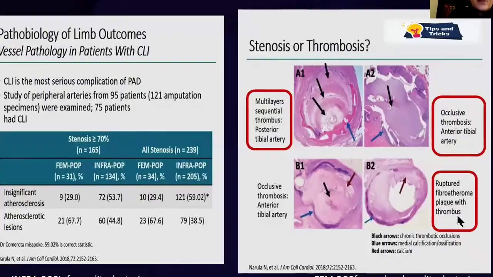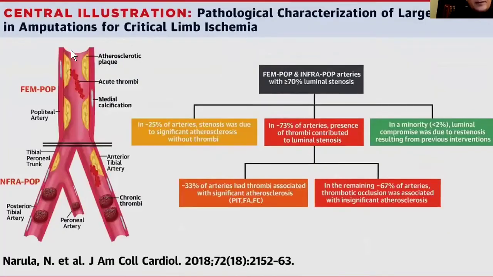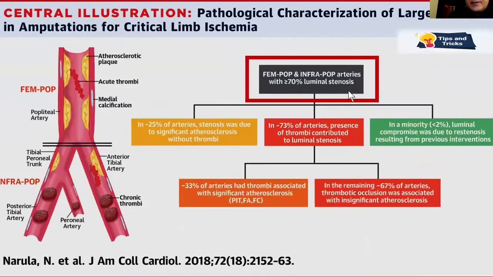This slide is very important. This is the femoral artery, and this is the infrapopliteal. We can find here, this is atherosclerotic plaque, medial calcification, and acute thrombi, and this is a chronic thrombi which occludes the arteries. They found that the femoral artery and the infrapopliteal arteries had more than 70% luminal stenosis. We can find here about